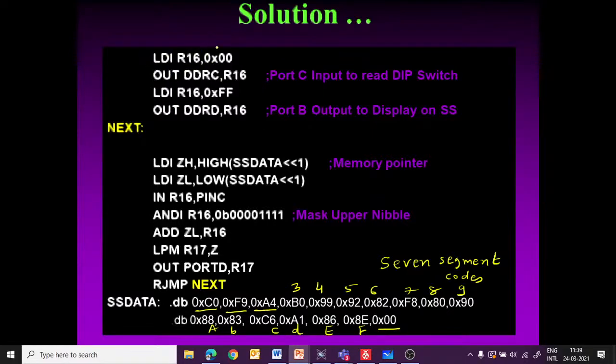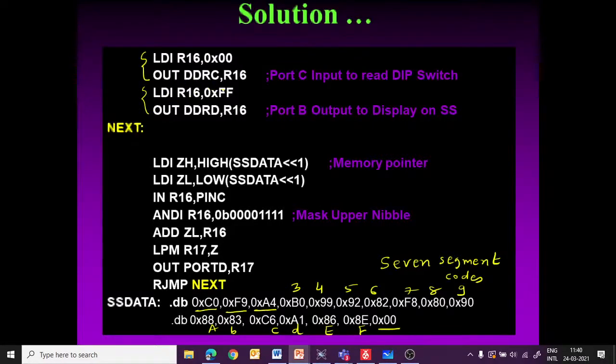LDI R16, 0x00 and OUT DDRC, R16. These two instructions, all of you are now very clear, are used to declare port C as an input port, because where we have connected the switches is the input device, so you have to initialize the port pins as input pins.